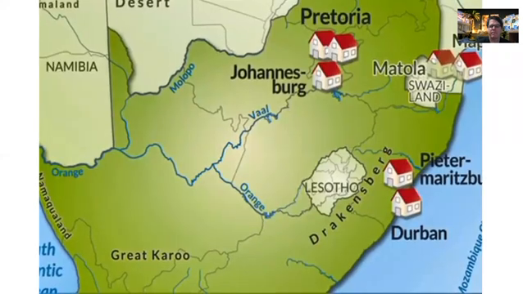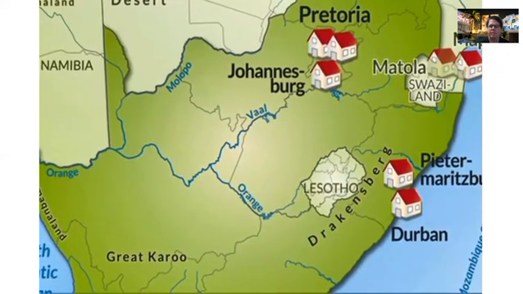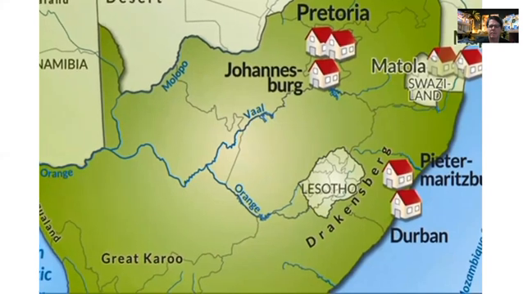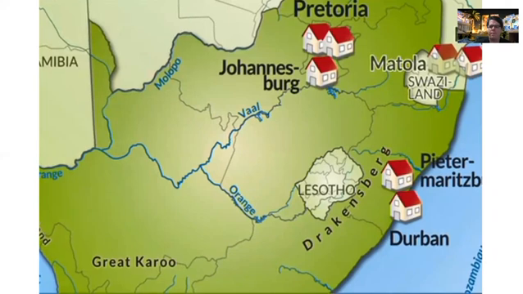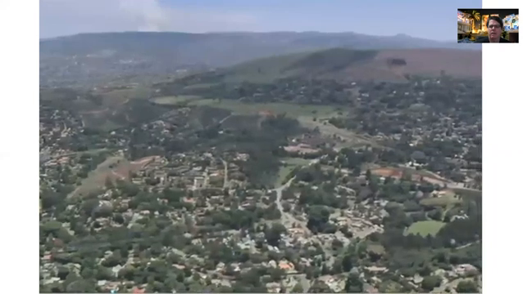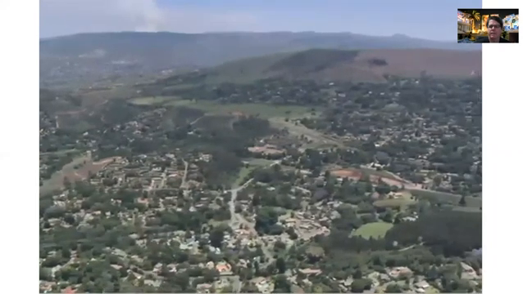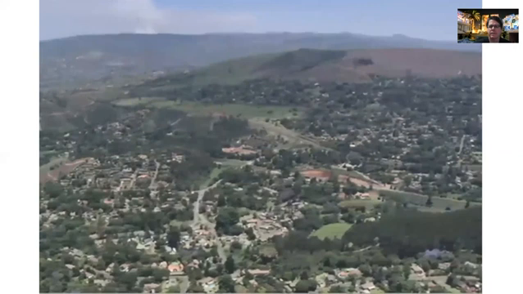I'm from South Africa. I grew up in a city called Metzberg. It's in the west of the country, not so far from Durban. I grew up in a quiet neighborhood in the suburbs. It's a really nice place with a lot of nature and green space. There are a lot of fruit trees around. And as children, we used to pick the fruit and hang out and eat it all day.